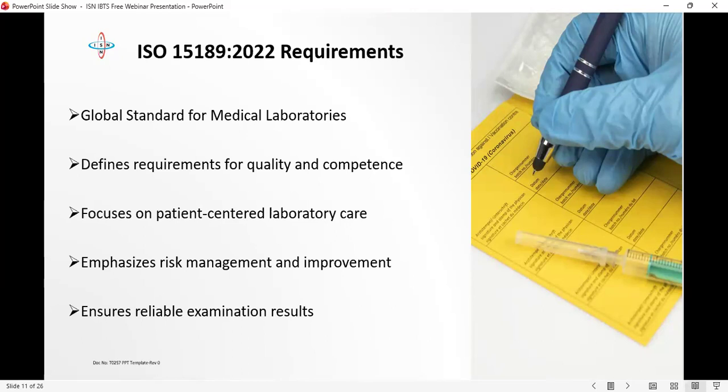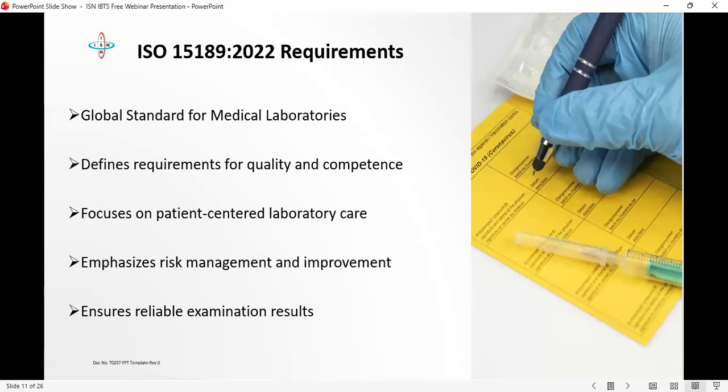15189-2022 requirement. ISO, the International Organization for Standardization, came up with the ISO 15189. Over the years, it has evolved. The last one before the review in 2022 was the ISO 15189-2012 version, which was talking about audit